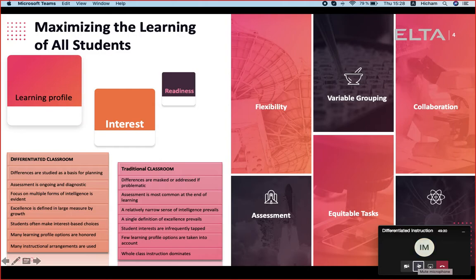Exactly. Well, I'm going to go through the points one by one, starting with the very small one, readiness. When we talk about readiness in maximizing the learning of all our students, this refers to the students' knowledge and skills regarding any given content, which may vary across subjects and content areas. A student's readiness may be influenced, most of the time, by their background knowledge, by life experience, by prior learning, and even by the teacher's presence and the teacher's presentation.